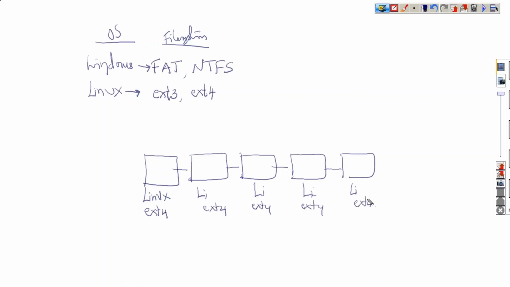Okay, now I ask a question to you. Suppose we have 2 desktops or 2 laptops, okay, and they are connected in a network. So what is the meaning that they are connected in a network? What happens with that? The data can be mutually transferred. Exactly. That means data communication is possible, isn't it?